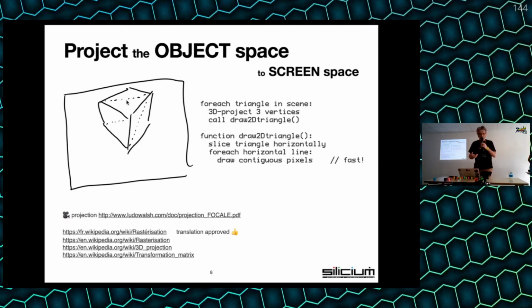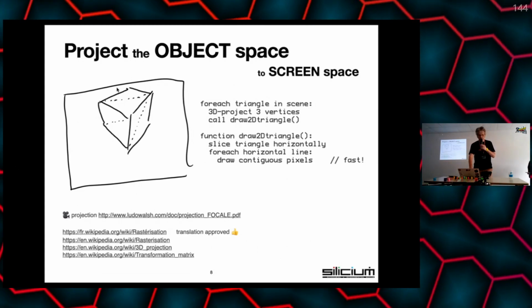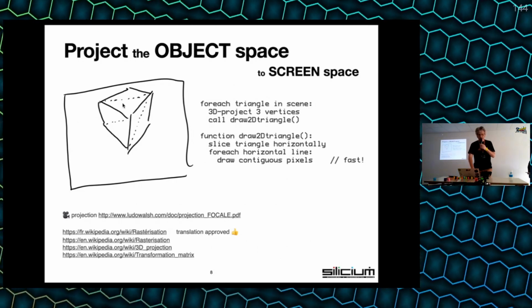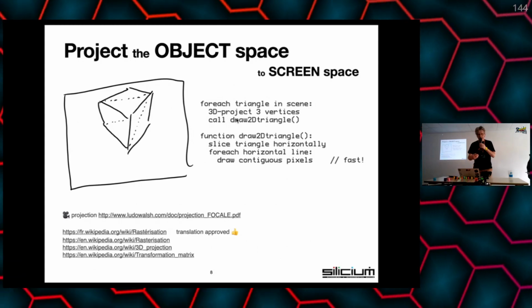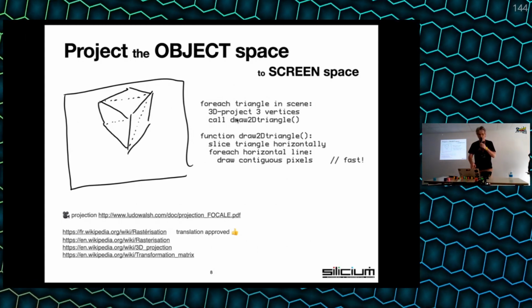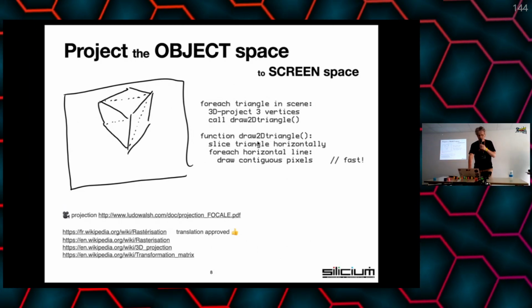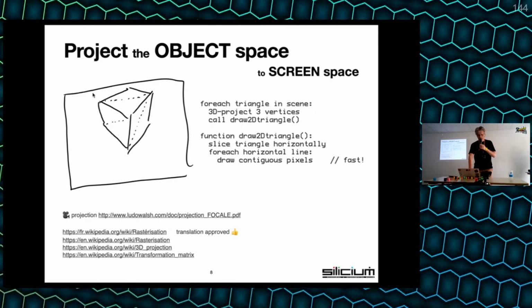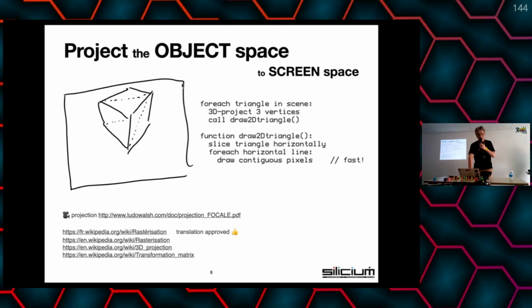And so it's no longer obvious what to draw in 2D space, whereas one triangle in 3D space will always be a triangle in 2D space. And so that's the simplest thing to draw. I mean, the drawing of one triangle is trivial. The drawing in practice is this second part, where